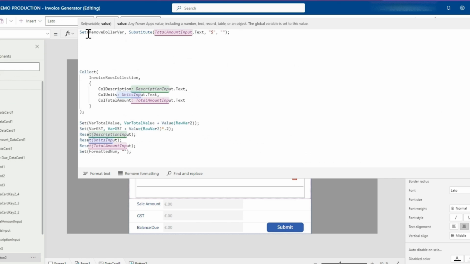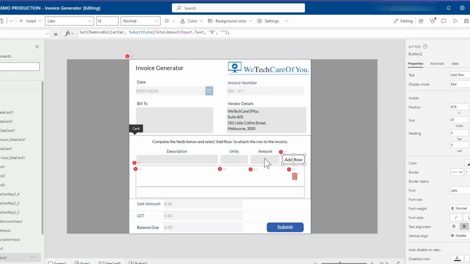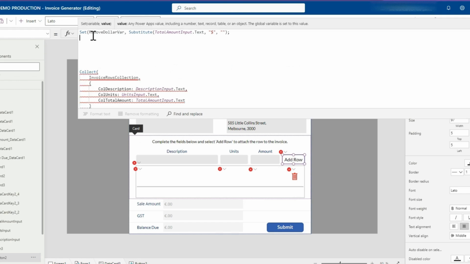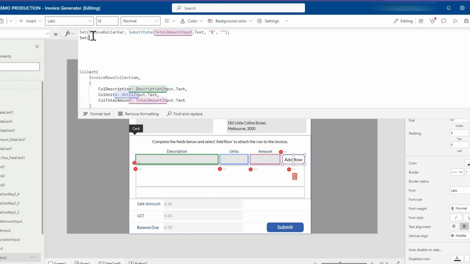Okay, so that's our first row. Because when we've selected to add our amount, it formats it with the $ and the ampersand and the comma, what we're going to do is remove all of that so we can do the calculation when it's added. So the next one I'm going to do is another set variable,